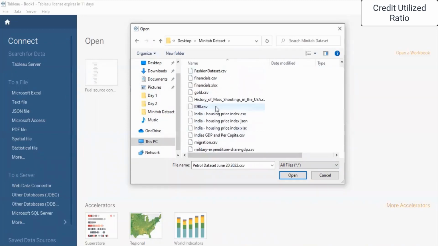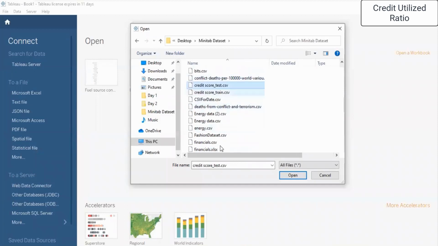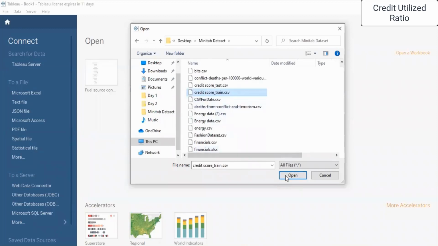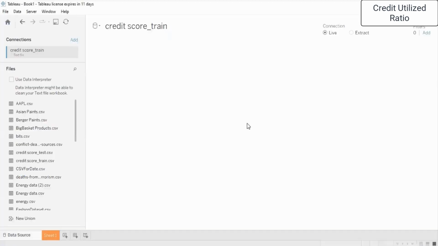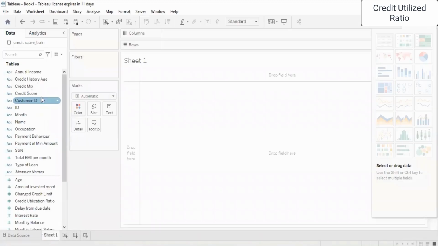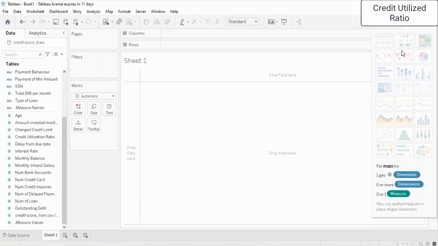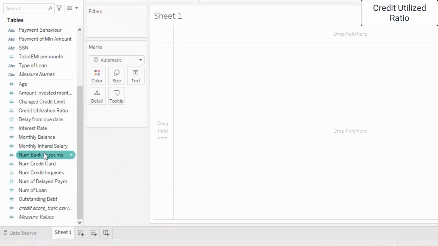Fine. So let's work on credit score. We'll analyze the credit score. That is the training data that we intend to have. So I click open and I click on sheet 1. Fine. So these are the details that pertain to the credit score analysis that we intend to conduct. And of course, we'll be conducting this analysis using these types of charts and graphs. So keeping that in mind, let us go with dragging and dropping the necessary data on the columns and